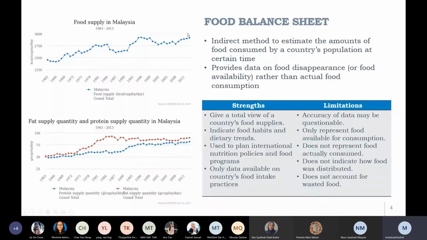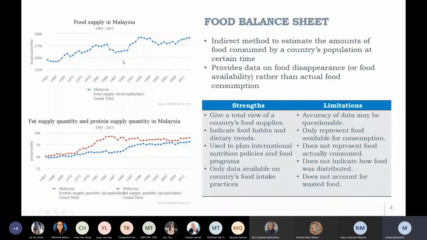Based on that, we can calculate the calories per capita per day of the Malaysian population. But you won't get similar data when you assess the actual dietary intake of the population. If you see the Malaysian Adult Nutrition Survey, the mean intake does not reach up to 2,000 calories